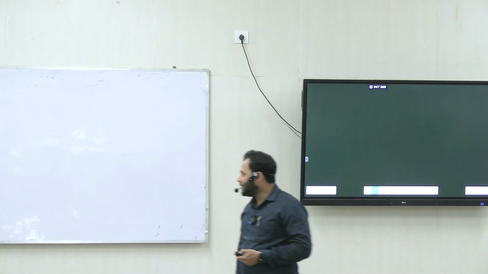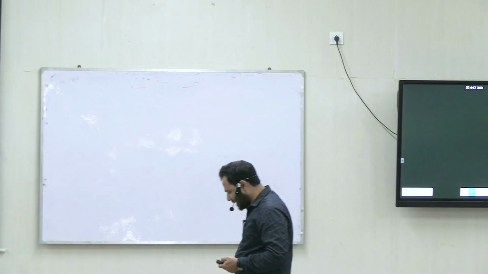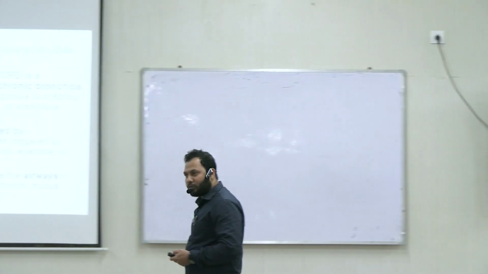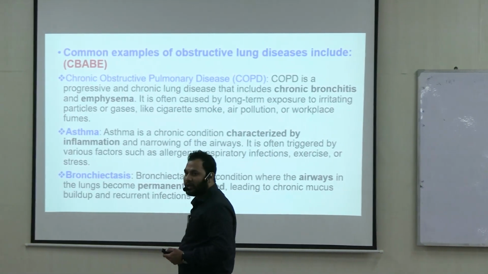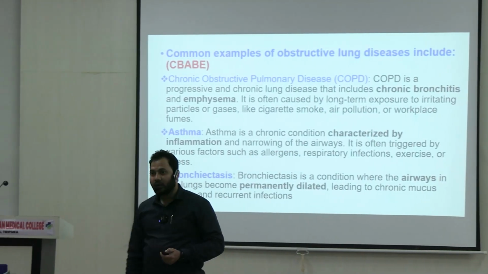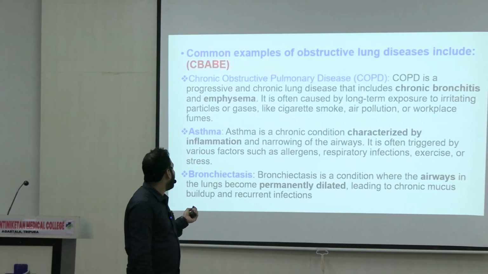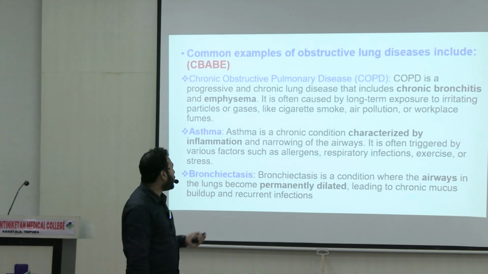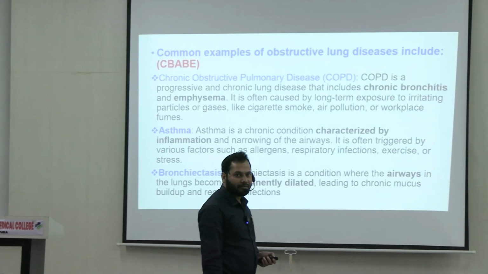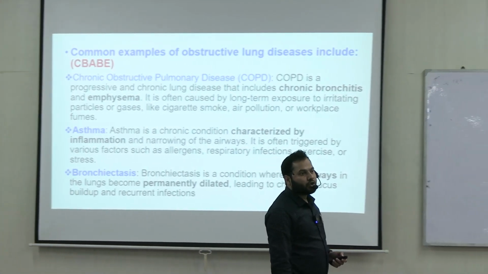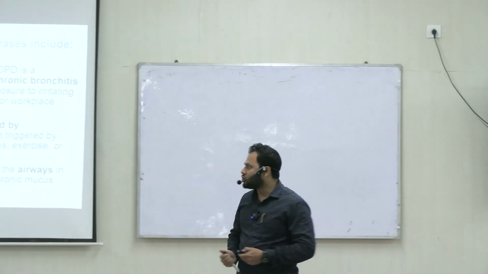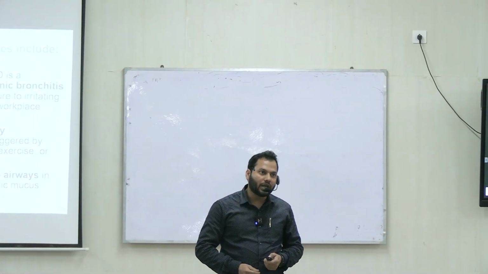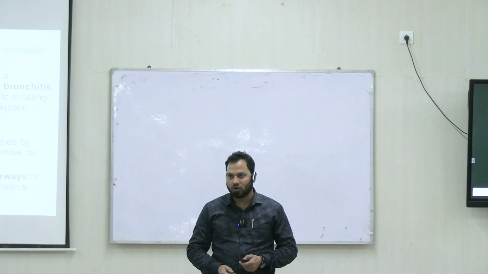Here C stands for cystic fibrosis, B is bronchiectasis, A is asthma, B is chronic bronchitis and E is emphysema. It means there is a total of 5 disorders, and all those disorders are basically known as obstructive lung disorders,